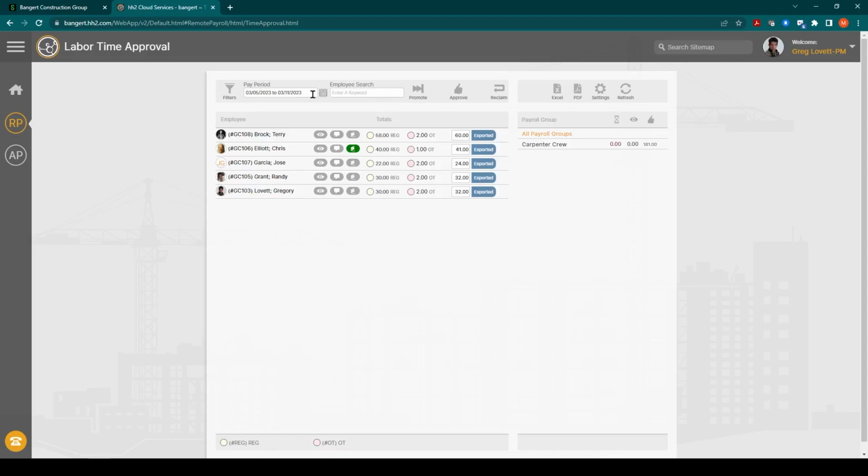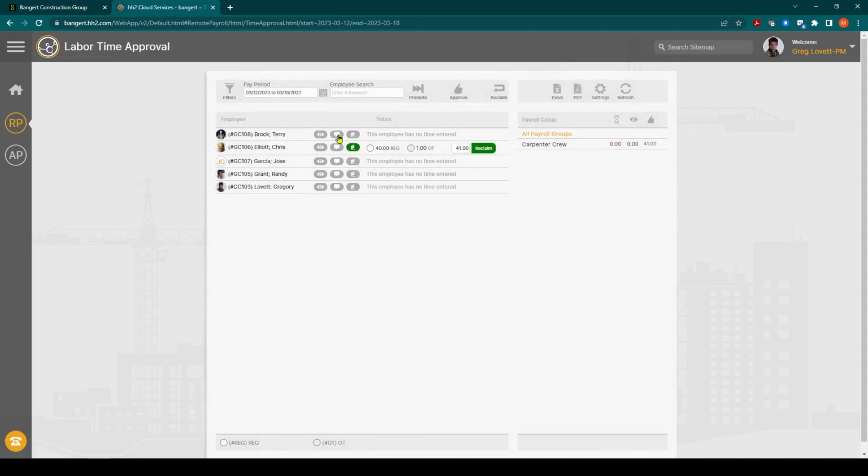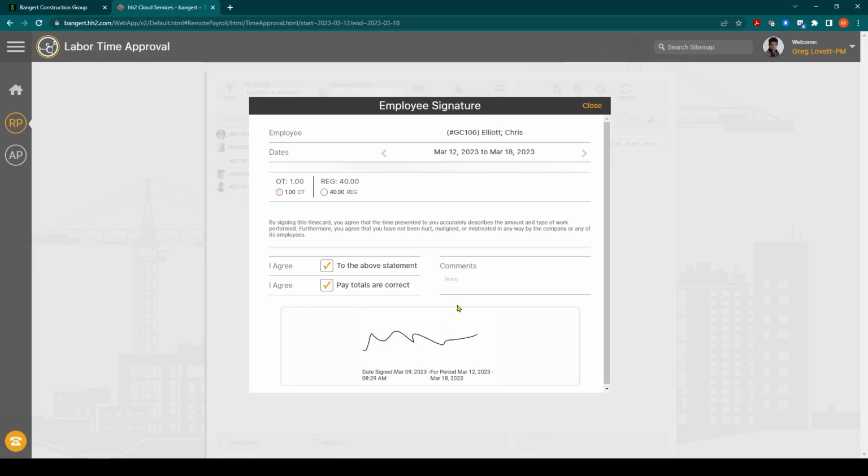Now, we did our time on 3/18, so you can see here this is from the prior week. But because I'm in the future, it's not showing me that. So I'm just going to flip it over for demo purposes here to March 18th. And once I get into March 18th, you'll see here that there's one employee that has time. It's already been approved. I'm sorry, it has not been approved yet. There's an approval button here, but you can see here all the notes, the employee information comes over. You can see the signature right there.